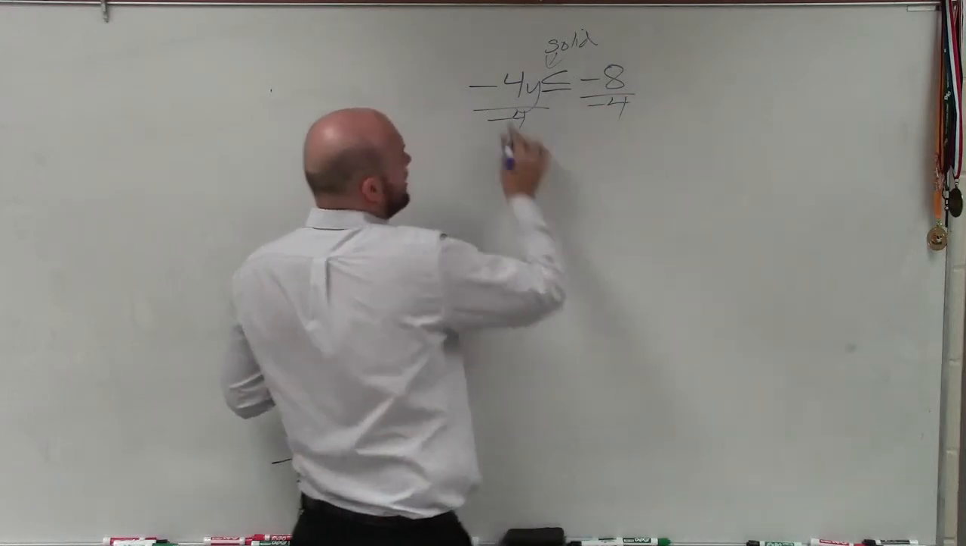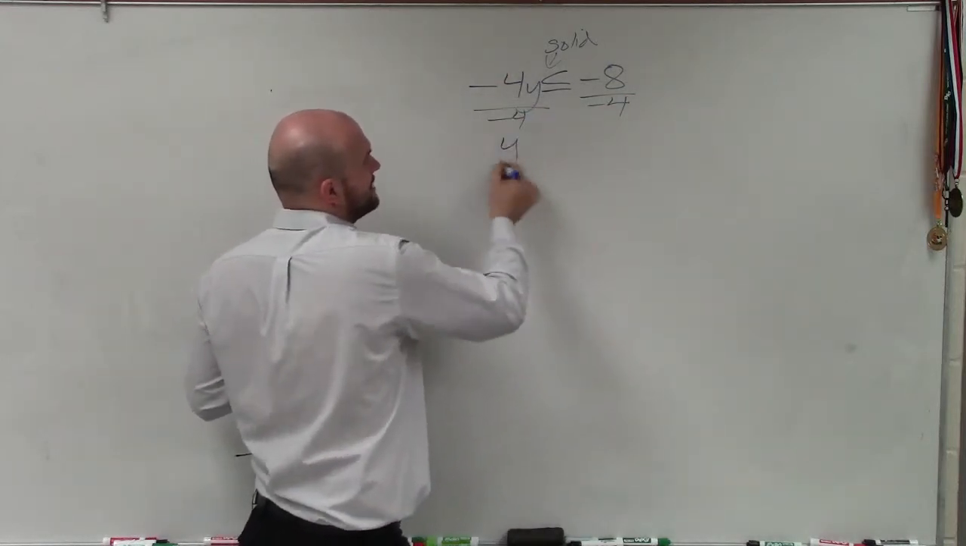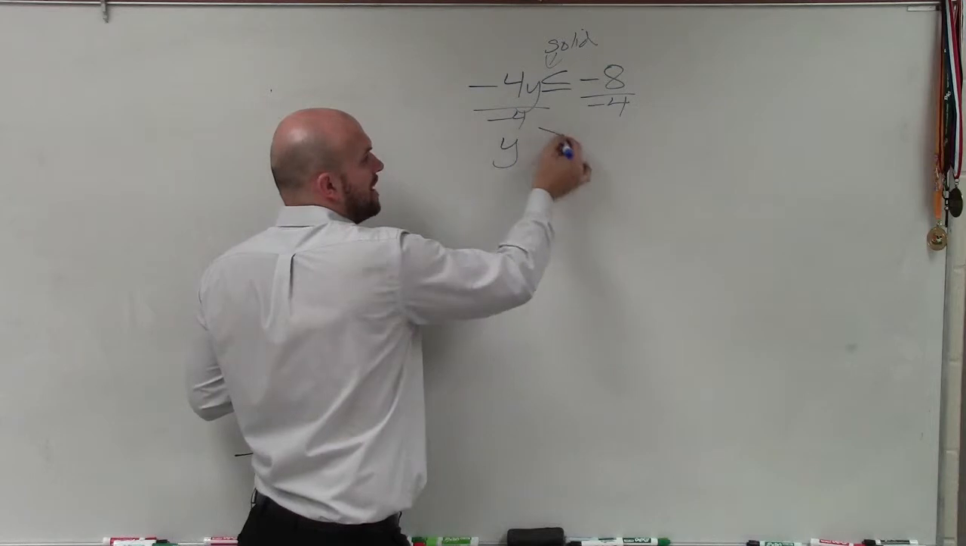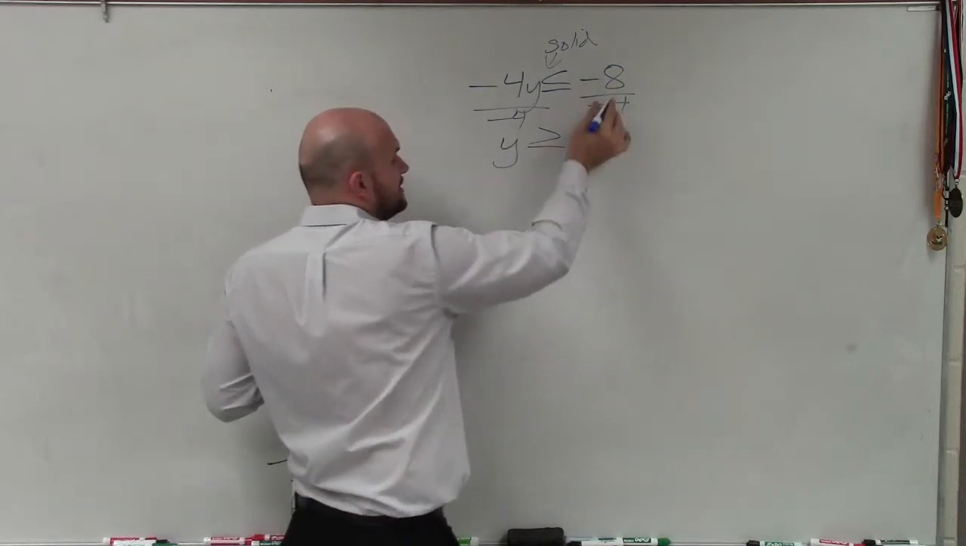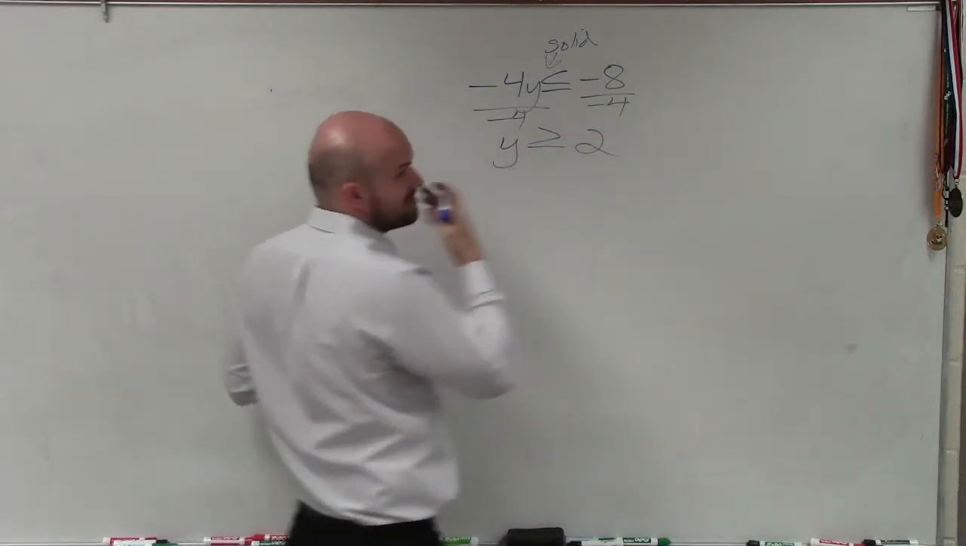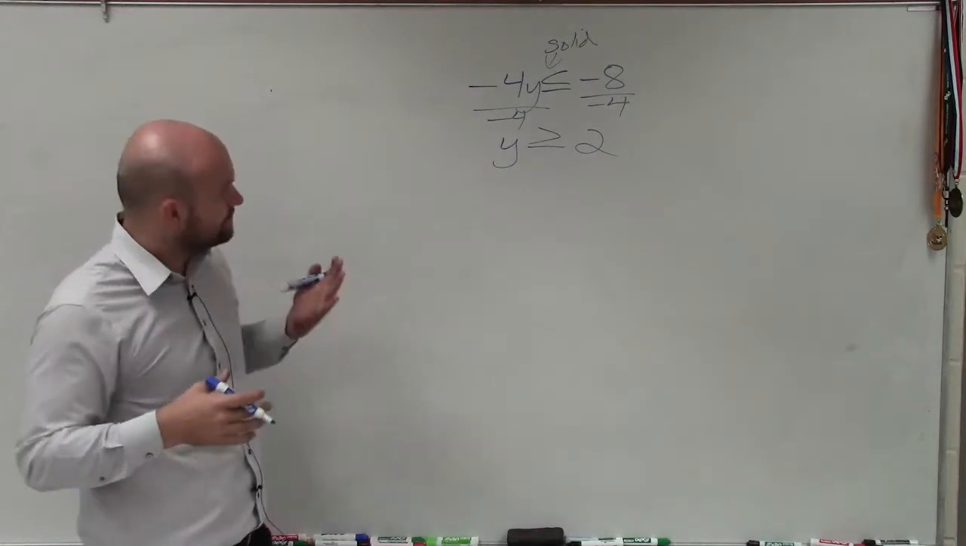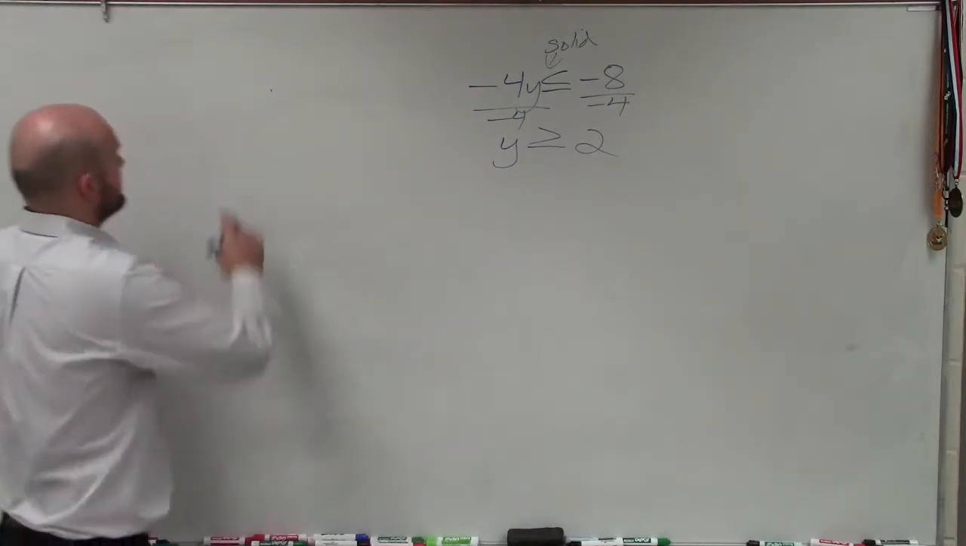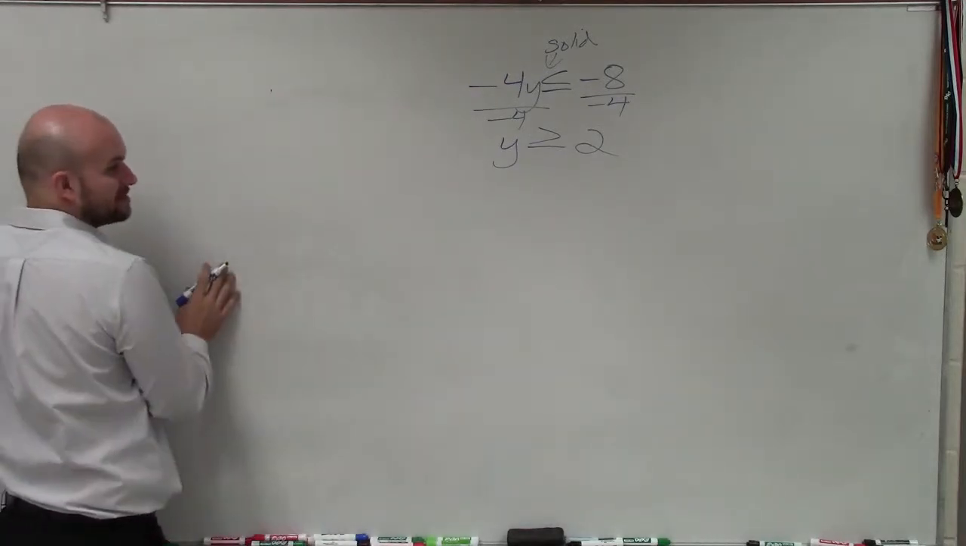Now, first of all, I'm dividing by a -4. So that means I need to flip the sign. So now it's y is greater than or equal to -8 divided by -4 is a +2. All right? Now, when looking at this, what I'm going to look at is, rather than looking in slope-intercept form,